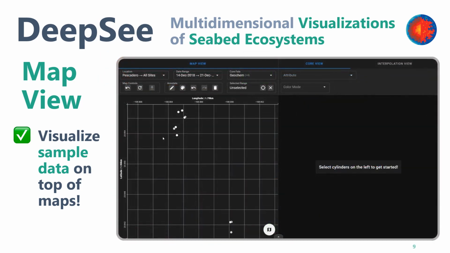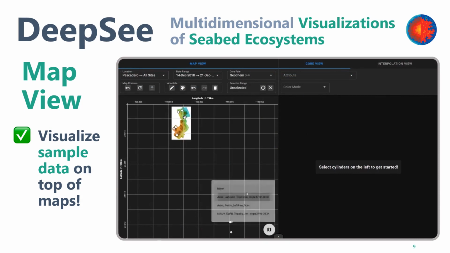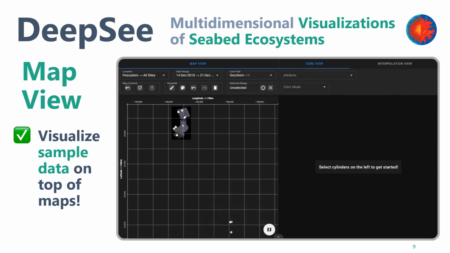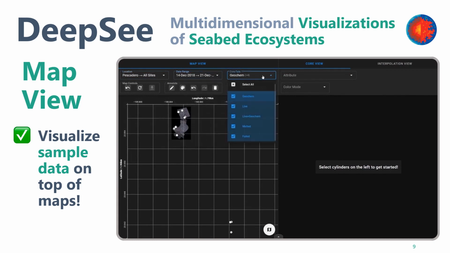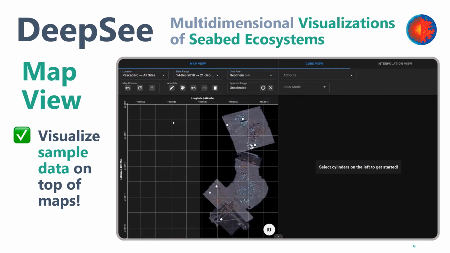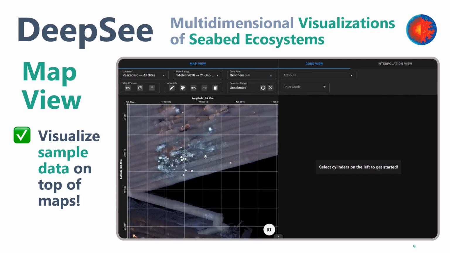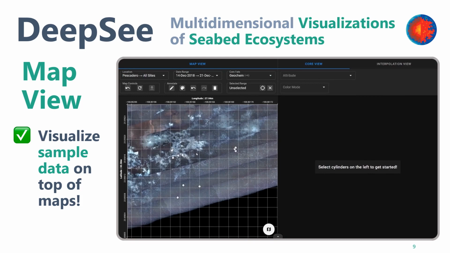Our designs facilitate the process of correlating image features with tabular data, such as where prior samples align with surface bacterial expressions or geological formations on the seafloor. They also help scientists interactively identify a subset of cores for further analysis in other views. Here, users can filter cores from the map by core features, as well as between different cruises,